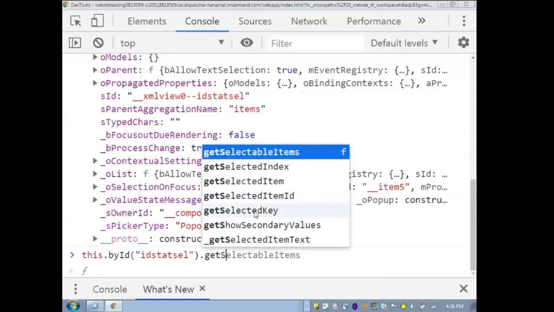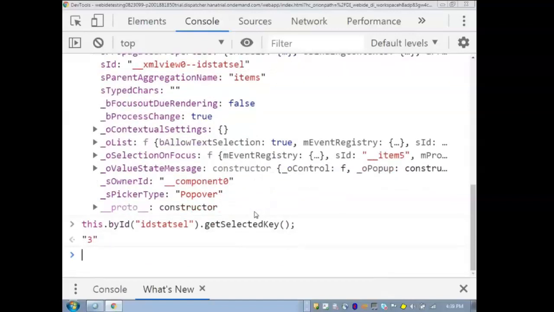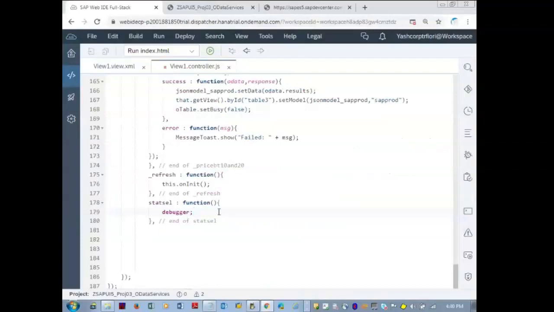In the web IDE, if they are not coming, you can check that in the browser console, and later you can add that method. Okay, getSelectedKey. Let us write this into the controller code.